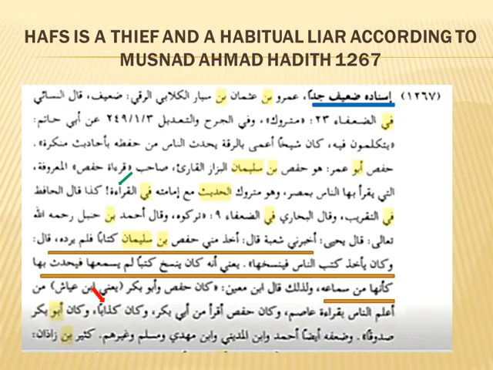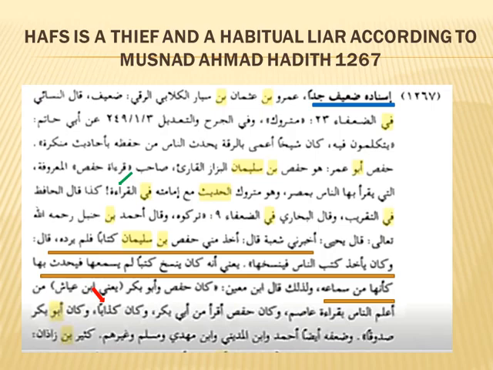By way of analysis, consider the prominent Muslim scholar Ahmad ibn Hanbal in his Musnad, Hadith 1267, who mentions that if Hafs is in a chain of transmission, that chain becomes, and I quote, "very weak." This is indicated by the blue line. In the Arabic commentary, he mentions with an exclamation mark, indicated by the green arrow, the irony of Hafs, quote, "being an imam of reading Quran despite being rejected for hadith," end quote. Also, the text goes on to mention that Hafs was a thief and a fabricator, indicated by the brown lines.